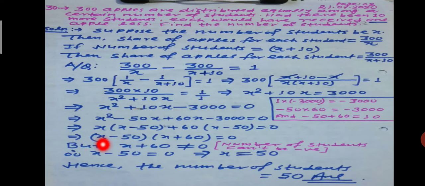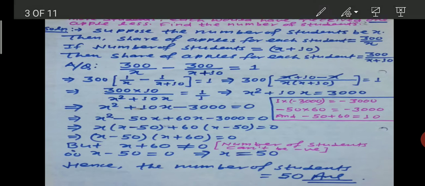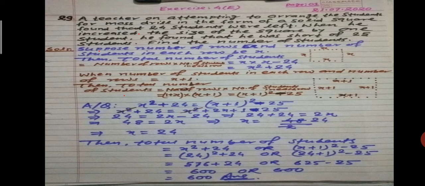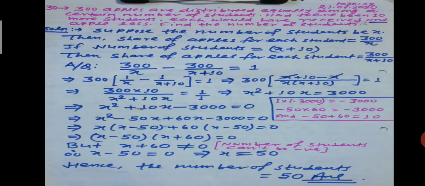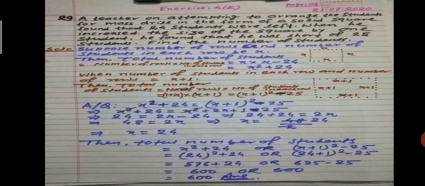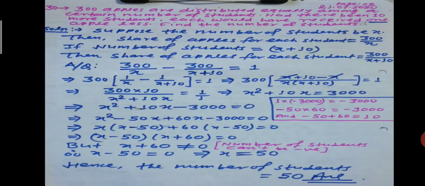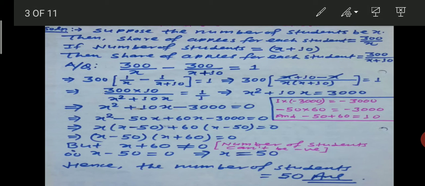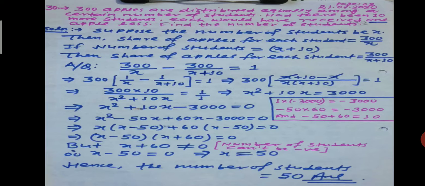Therefore x minus 50 will be equal to 0, then x will be equal to 50, hence the number of students will be equal to 50. Okay,